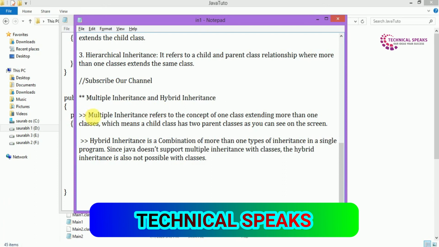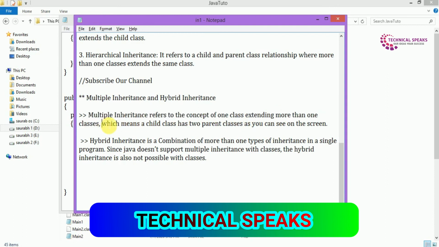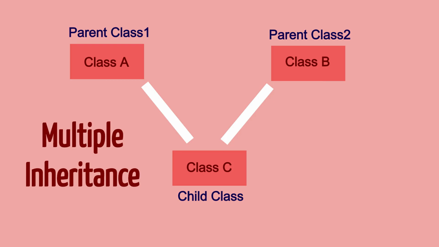Multiple inheritance refers to the concept of one class extending more than one class, which means a child class has 2 parent classes, as you can see on the screen.